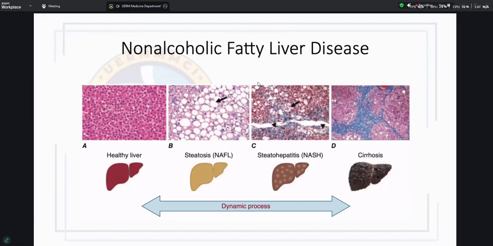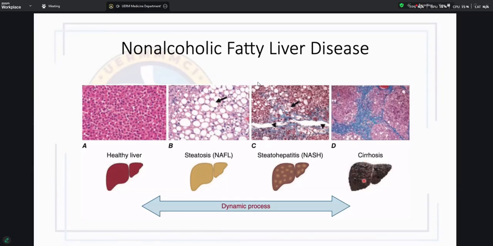The spectrum of disease includes non-alcoholic fatty liver or steatosis or simple fatty liver. So shown here are fatty hepatocytes. This is the most clinically benign of the spectrum. Next, we have the non-alcoholic steatohepatitis, which is characterized by the presence of inflammation and cellular injury with or without fibrosis. And finally, cirrhosis, which is characterized by bands of fibrous septa leading to